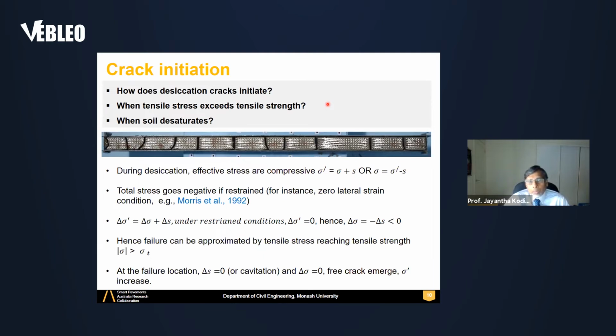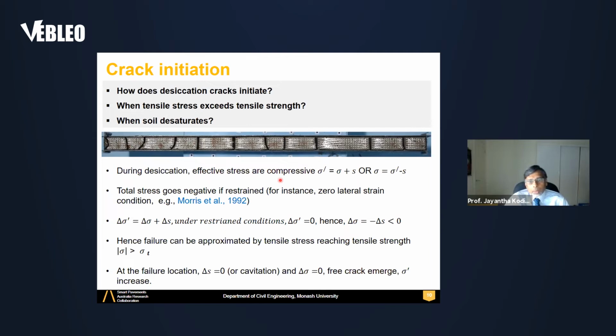We are normally familiar with seeing strain before cracks initiate. Does it happen when soil desaturates? These are two schools of thought given for crack initiation. But during desiccation, effective stress, the interparticle stress, is always compressive. There is no tension